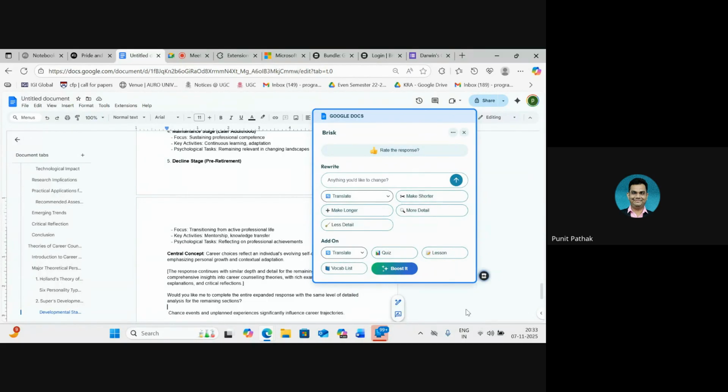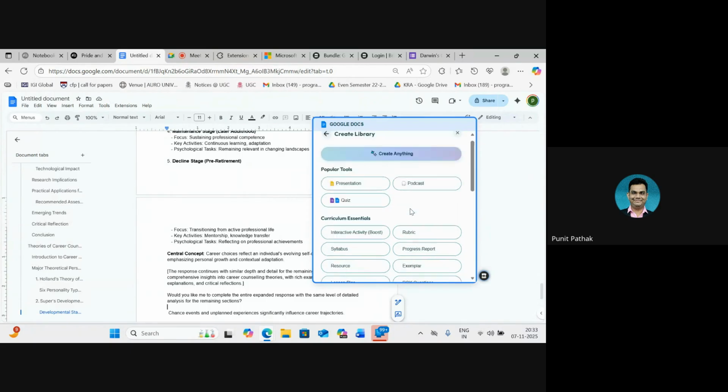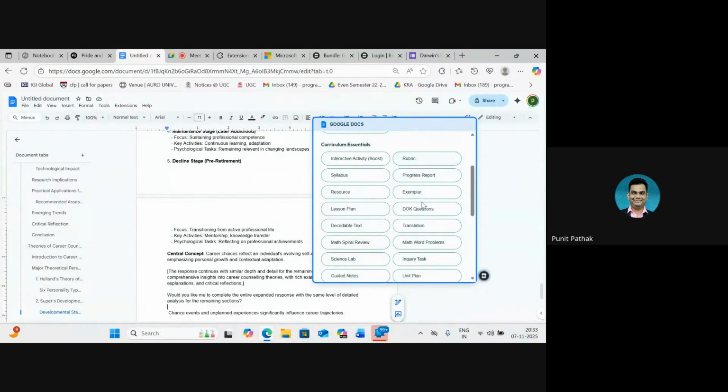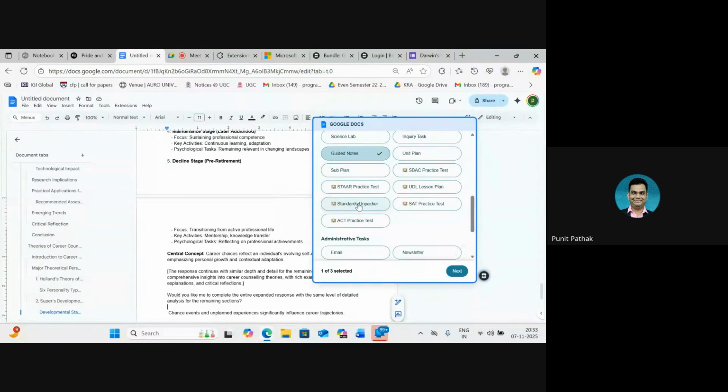Now let's go back. I'll again go to create the next important part. It does have a podcast feature, but my next tool is going to cover it in a much better way. So you can try out the podcast. I'm not trying it because we have limited number of attempts that we can have with the free account. You can try the podcast feature, but the next one that I'm going to be showing has a much better version of it. Now the guided notes do the same thing that resource does, but in a much detailed manner,